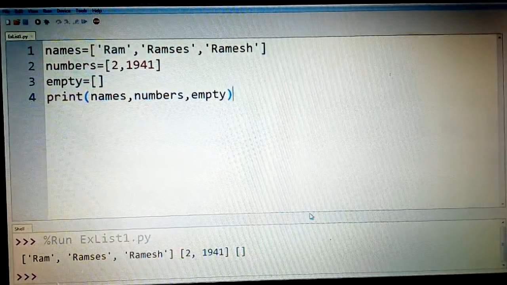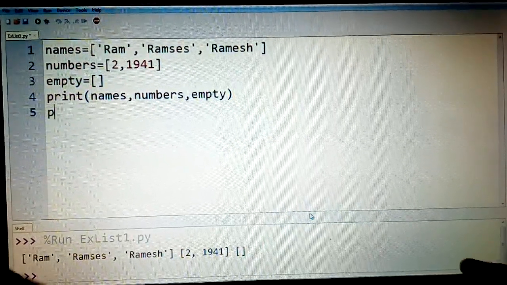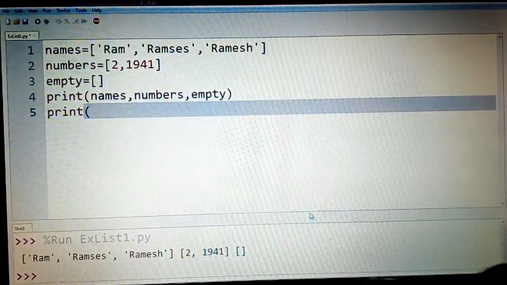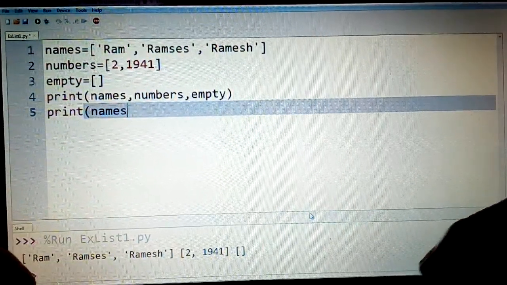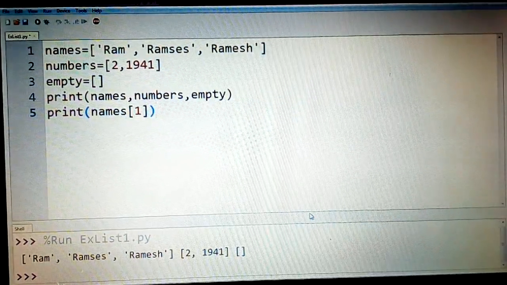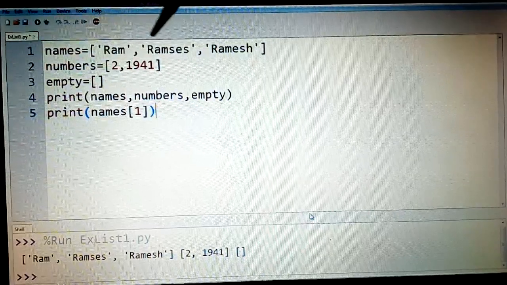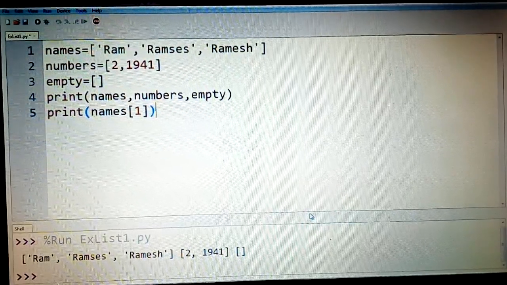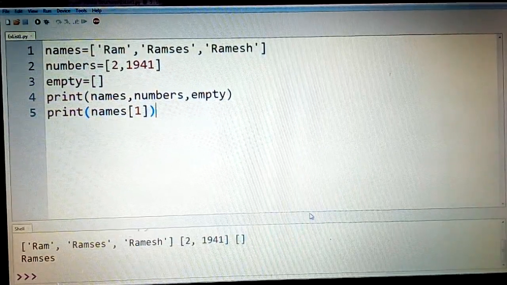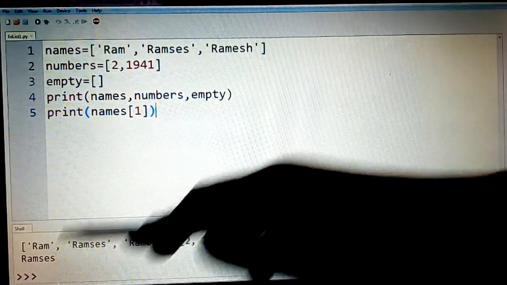Now if I want to display a specific list item, then I would use an index, let us say names of bracket 1. I am interested in displaying the second item from these names, which is actually Rameses. If I execute this, I would get Rameses here.